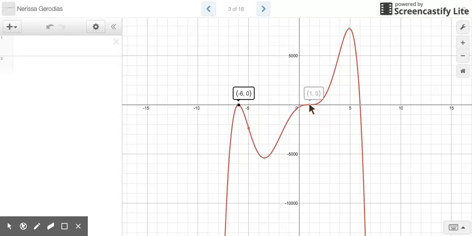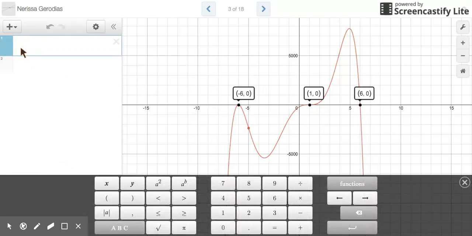Here's another x-intercept. And so we say 1 is a zero of the function. And here's the last one, 6, 0. So we say 6 is a zero of the function. So now that we see all of the x-intercepts of the graph, we can write the equation of the graph